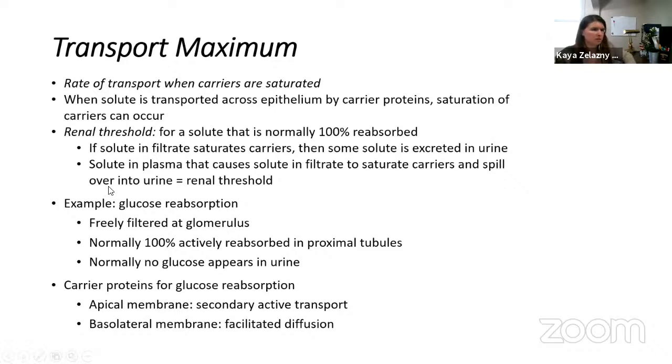The renal threshold refers to that maximum rate where we have a solute that can be 100% reabsorbed. So this is the point where everything is full, but we don't have any spillover. If we go over the renal threshold and we fully saturate the carriers and keep bringing more of that molecule, then we are going to have some of the solute excreted in the urine. And in practice, the actual renal threshold will be a little lower than the theoretical renal threshold,